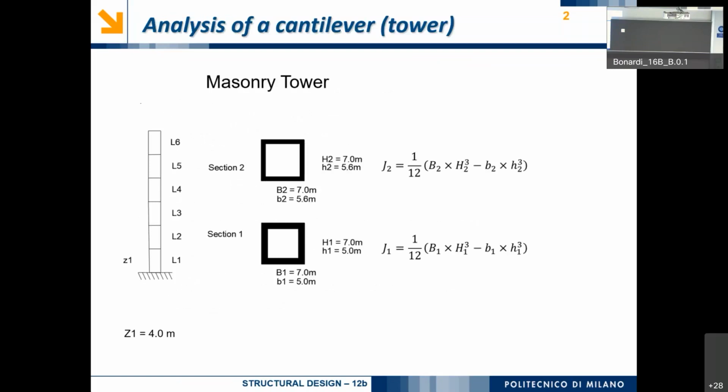So let's just see, this is a schematic of a masonry tower. Why are we proposing you the masonry tower? Well, basically,